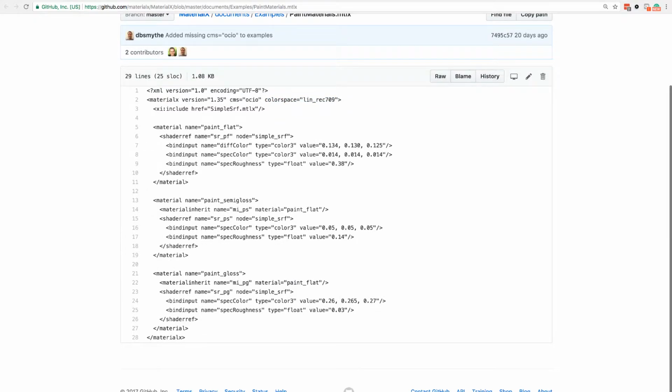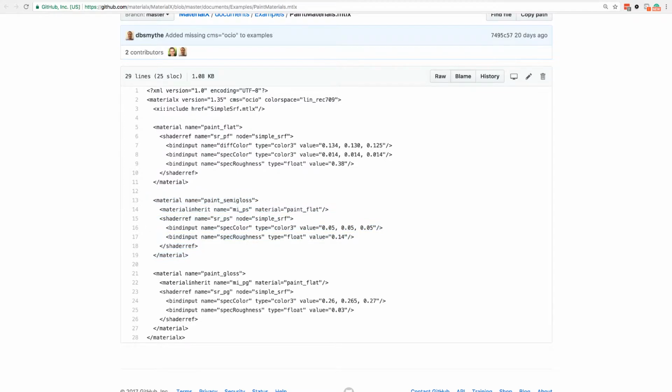Then once you're inside this node, you're going to have a bunch of node collections like this one and this one down here, and these are just materials. So you can see that every node has a name. This material has a reference to some kind of shader node called simple surface, and it has a name. And then here is where you are creating these bound inputs, which have a name, a type, and a value that you're going to create. We do the same with another material over here.